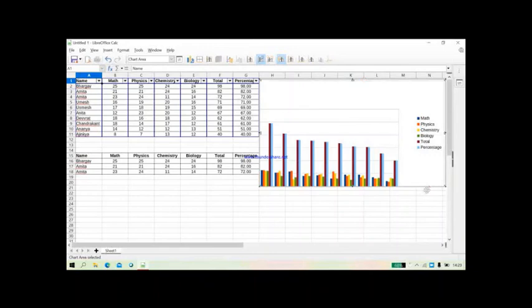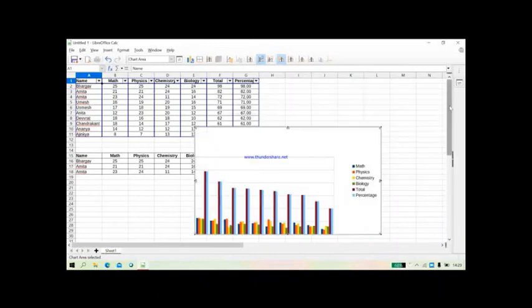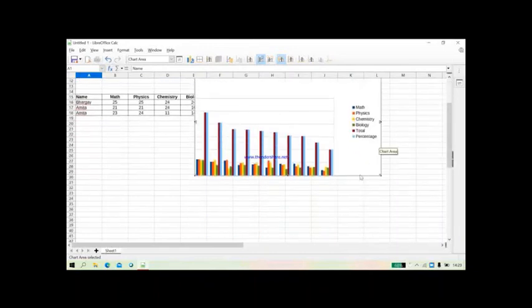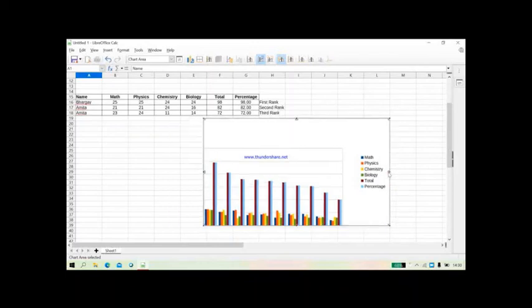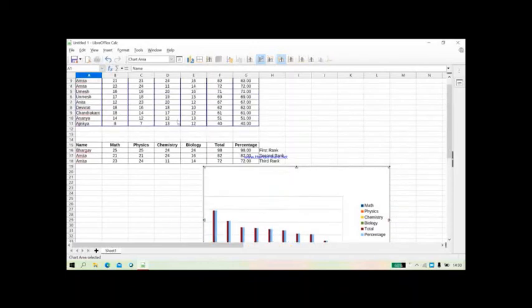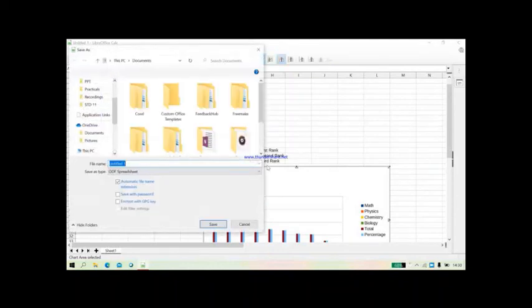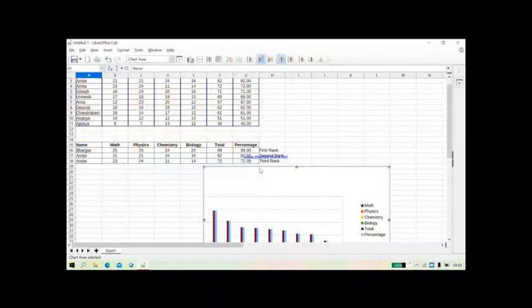So now this is your chart which is based on your data. Okay, if you want to move the chart, you can move the chart also below. So like this you can move your chart. So this is a chart which is based on the data. So subject wise percentage is also given in this one. Okay, now after entering the data, you will click on the save option. So while saving it, you will enter the name as marksheet and save it. So now this file is saved with the name